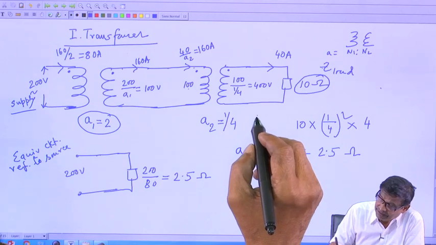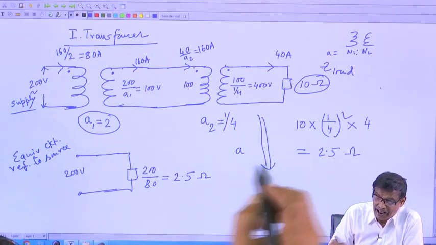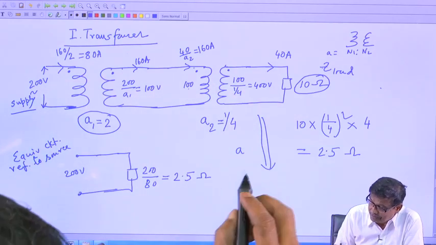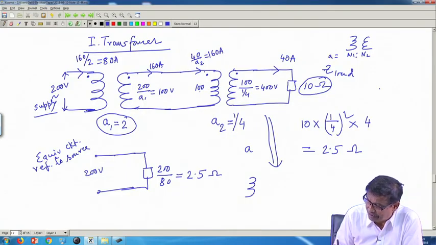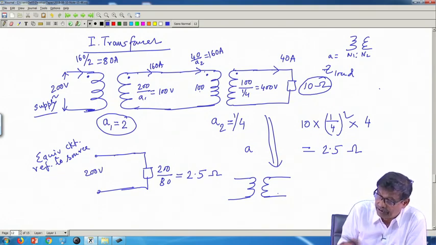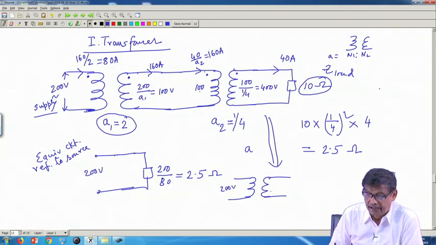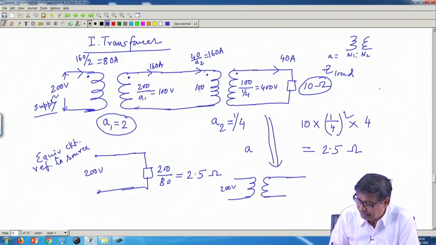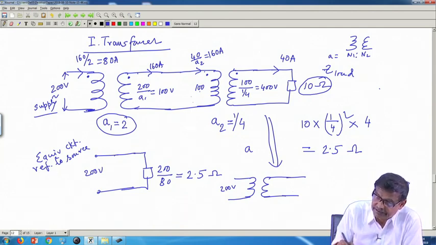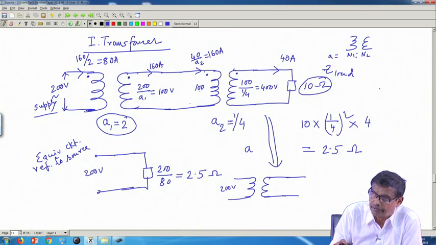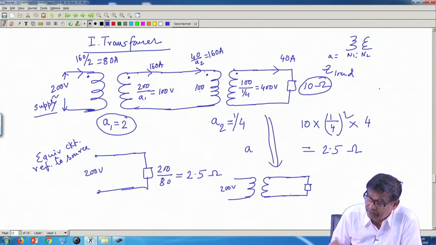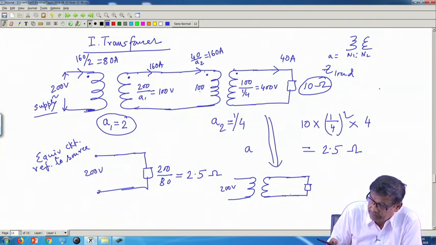See this one just to conclude this, I am telling you this whole system can be drawn like this also. First transformer I will keep if I go step by step. This is the transformer. Okay, first transformer. I am drawing this whole circuit here. This is 200 volt, fine. And here was a transformer. Treat one transformer at a time, eliminate this transformer first. Then I will say across this transformer an impedance is connected, whose value is A square into 10.